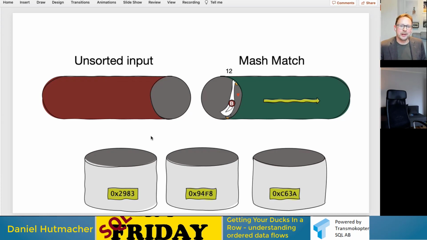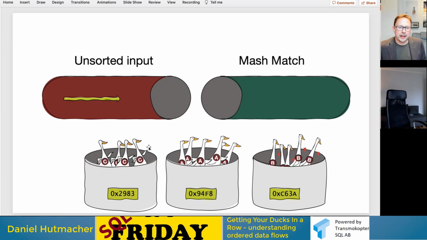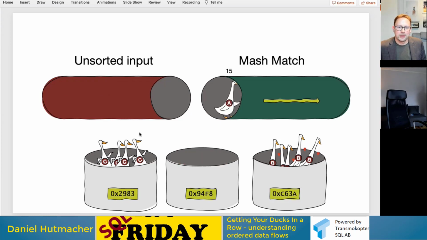But notice what happened here. The output was not ordered by the actual key here. It's not A first and B and then C and so on. It's kind of arbitrarily ordered. So this breaks ordering. Whenever you do a hash aggregate or hash match, as it will show up in